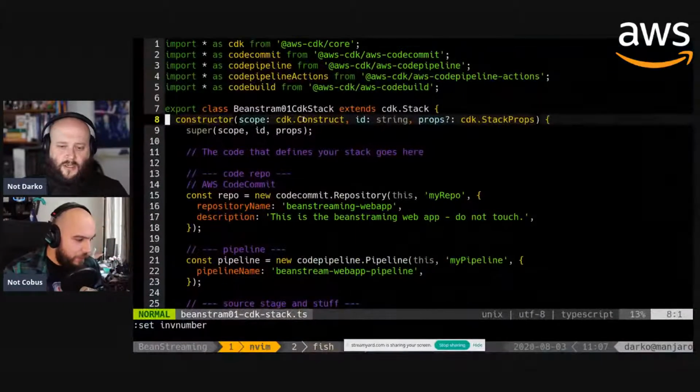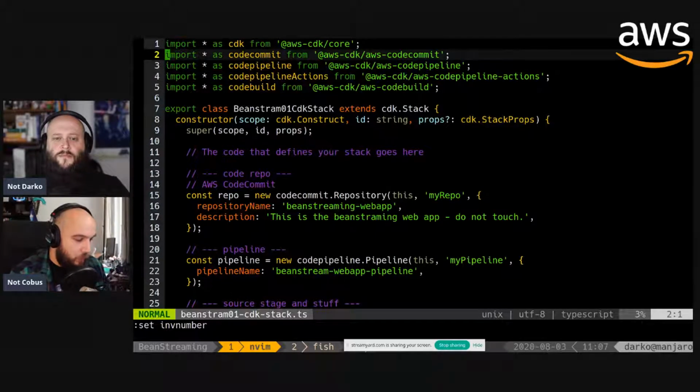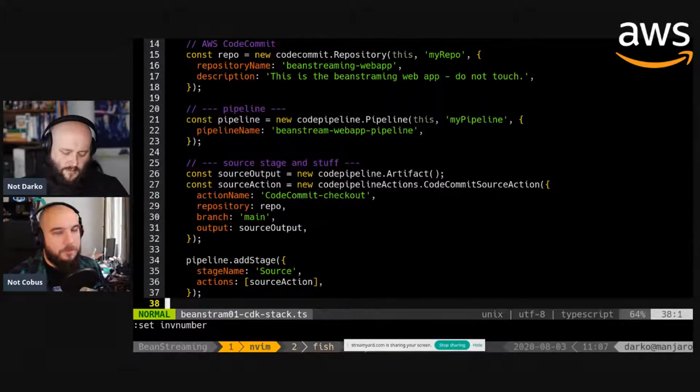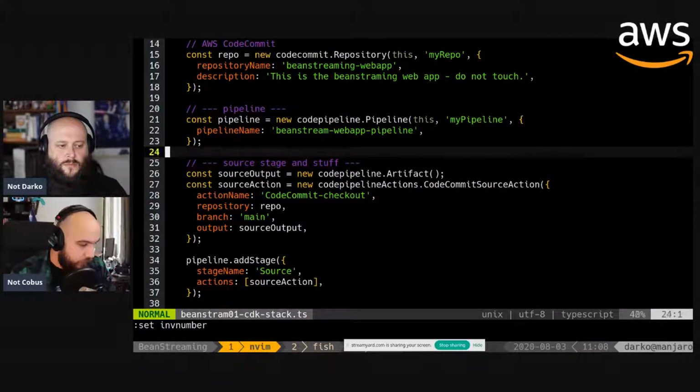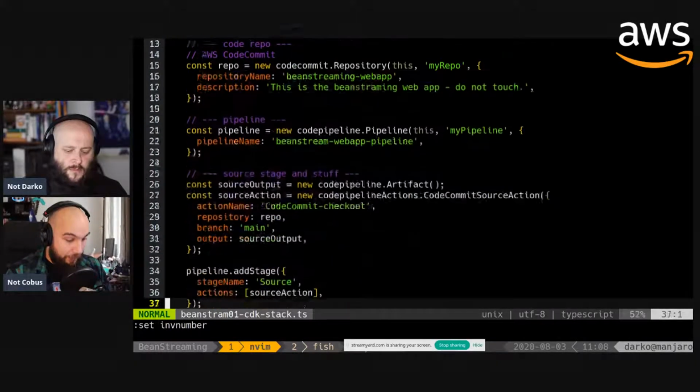Code first. Yes. So let's talk code. Last time, if I recall correctly, we built a semi-pipeline. The goal here, as Cobus said in the beginning, is to build a modern application that's going to be container-based, and we're going to build it through infrastructure as code using Cloud Development Kit, or CDK. Last time we created a CodeCommit repository, we created a pipeline,